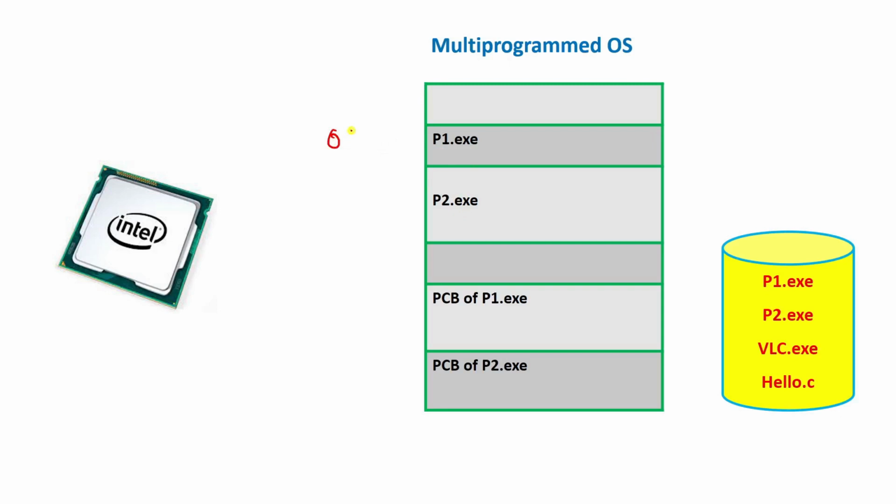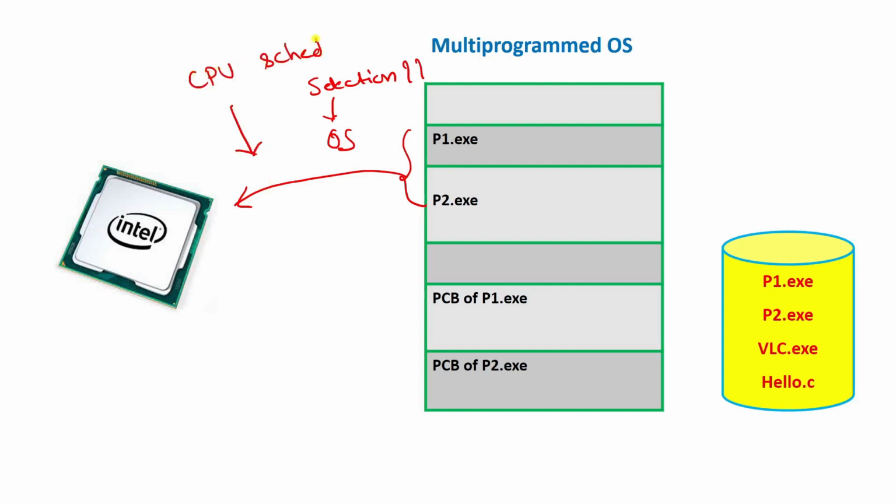So now OS has to decide which process it has to select so that it can be given to the CPU for the execution, okay? When there was only one process, there was no need of selection, but when there are many processes inside the main memory, OS has to select which process should be given the CPU for the first time, right? And then which process should be given the CPU next time, right? So here comes the problem of selection, okay? Which process to select, which process should be given the CPU first. So here comes the concept of CPU scheduling, okay?